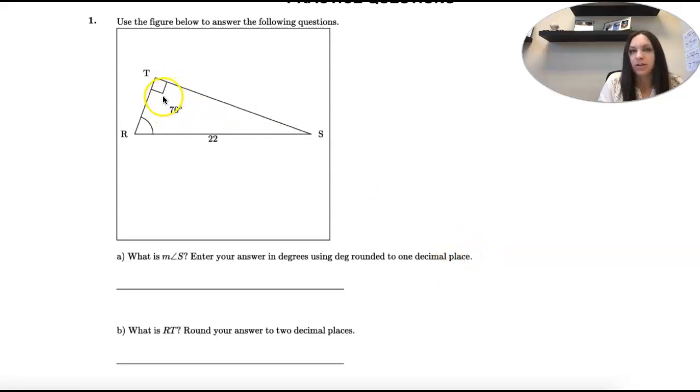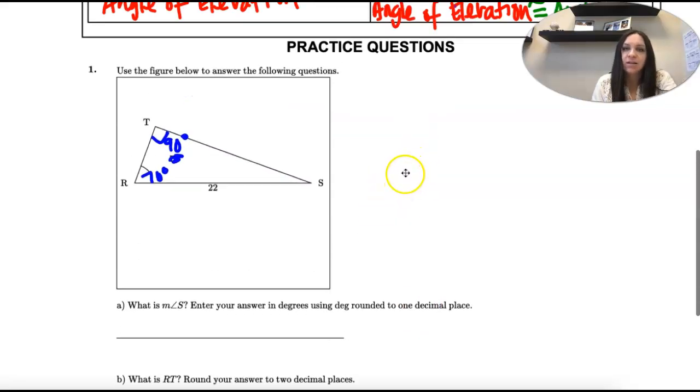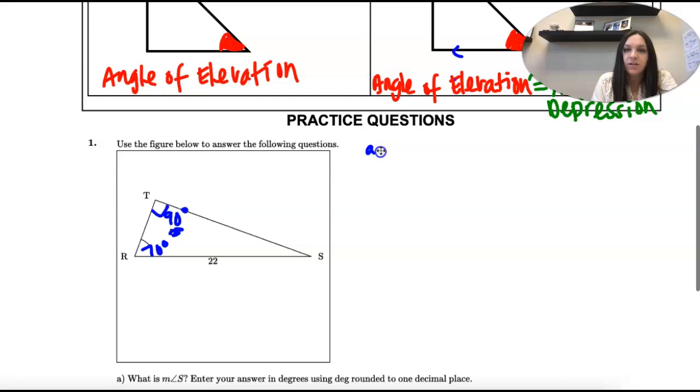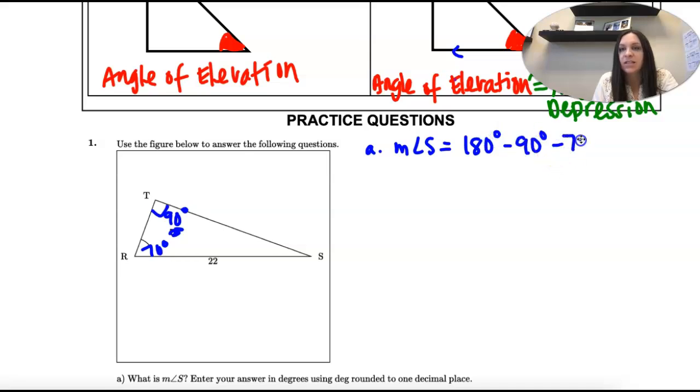So this is weird. This 70 degrees goes with this angle. And then this is our 90 degree. Okay, so what do we know about triangles? They all add to 180. So if I want to find the measure of angle S, I'm going to take 180 minus the 90 minus the 70